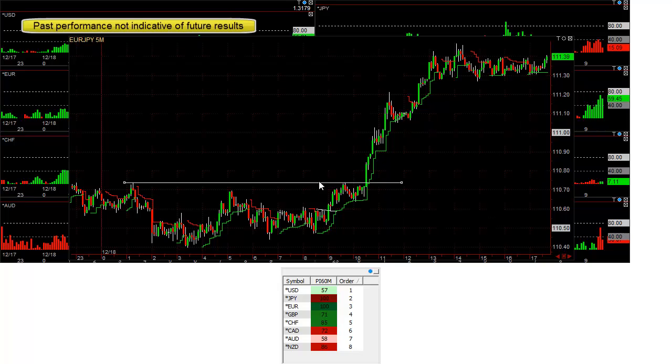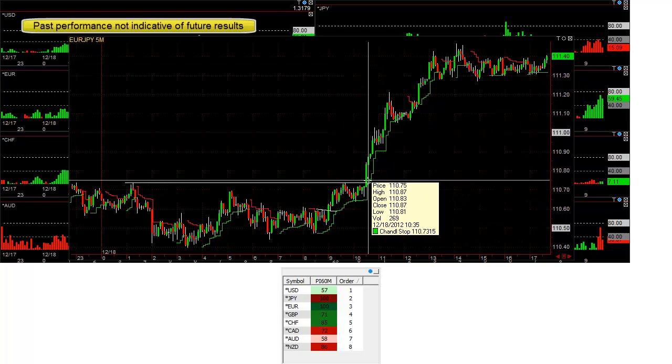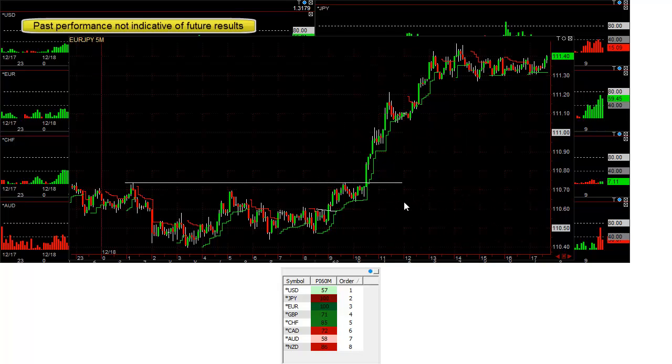There we go. So there's the high. You're looking to get in here at 75. If you really want to avoid a lot of false breakouts, you might want to wait for the bar to close, depending on the time frame. If it's a 5-minute bar, you could get long right there, put your stop right underneath the lows here, and